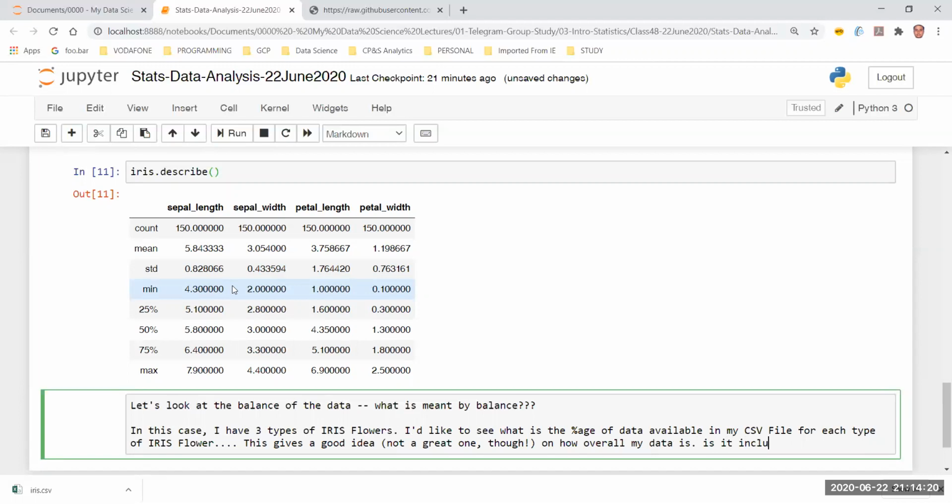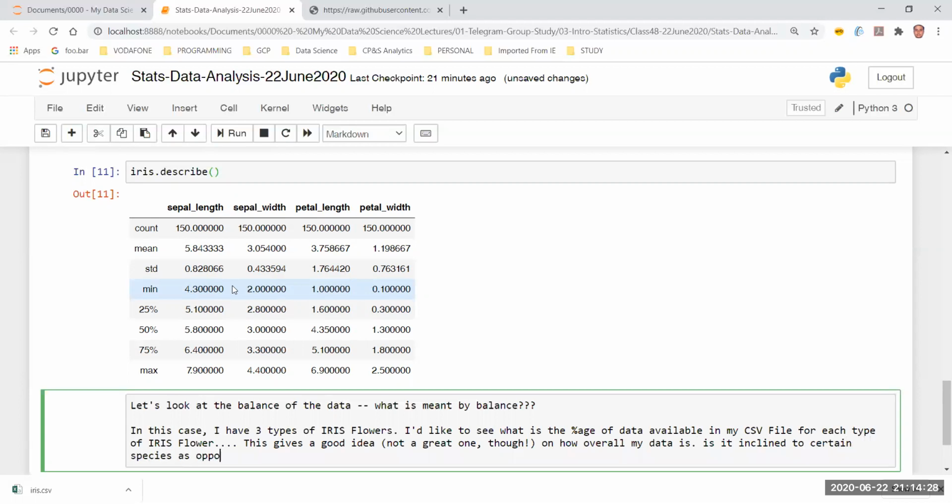Is it inclined to certain species as opposed to the others? It would be good to know, right?